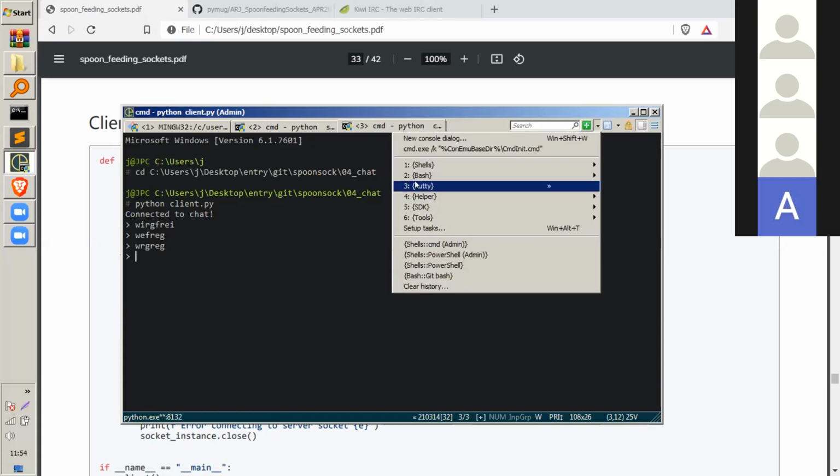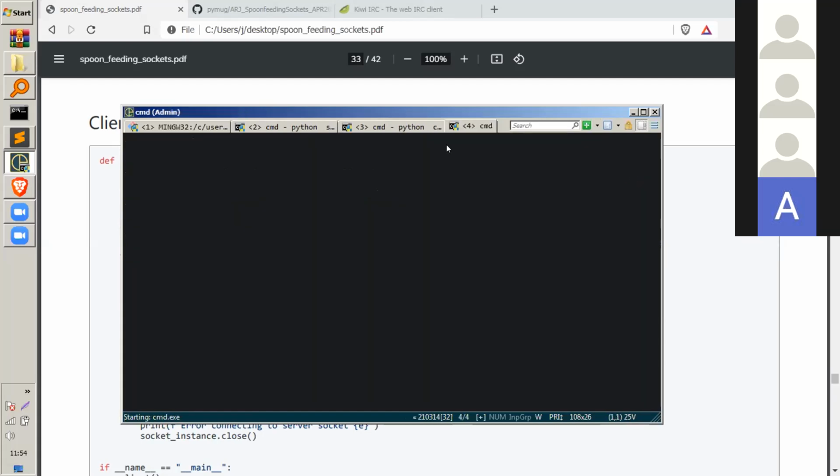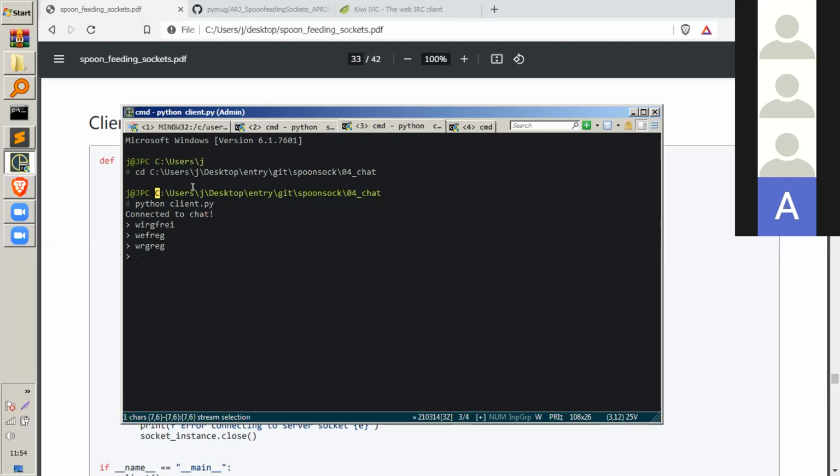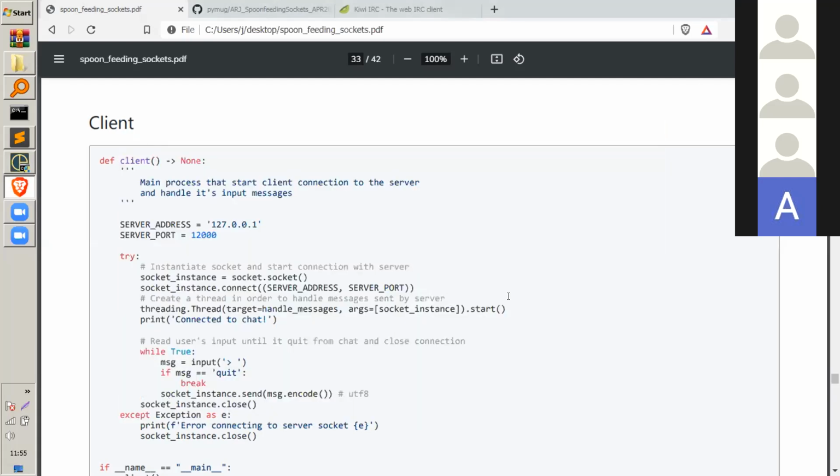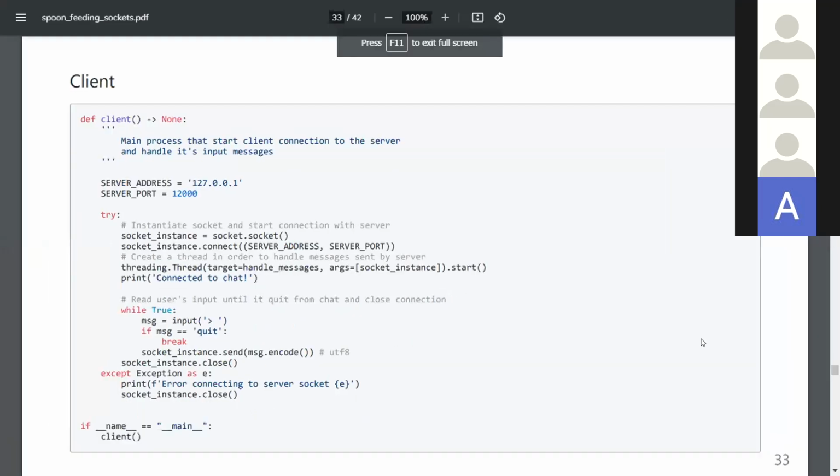And if you add one more client, you will see in here, and you will see in here. So it's something very simple that works, and the code is clean and understandable.